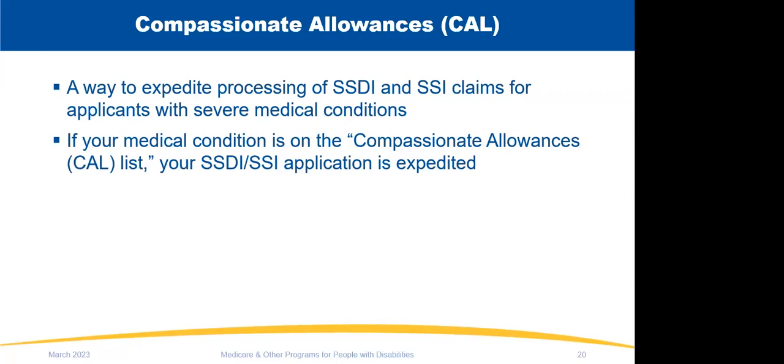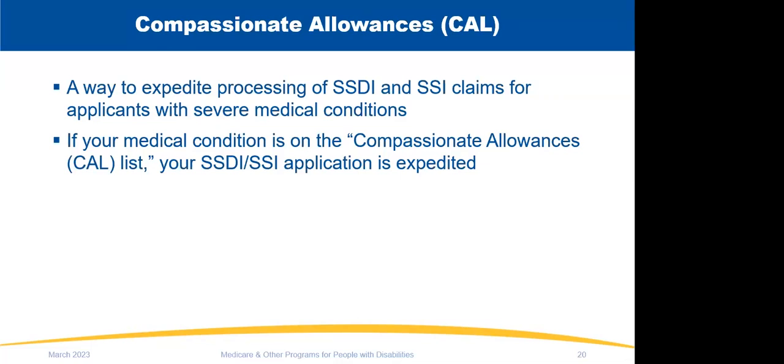Now, we have what we call compassionate allowance cases. It's very important that when an individual is filing or completing an application for disability benefits, that they list for us everything that's wrong. In some cases, individuals have conditions, but that's not what's bothering them right now. So they don't list it, but that could have been the condition that gets them approved, right? So we ask that everyone list all of their conditions.